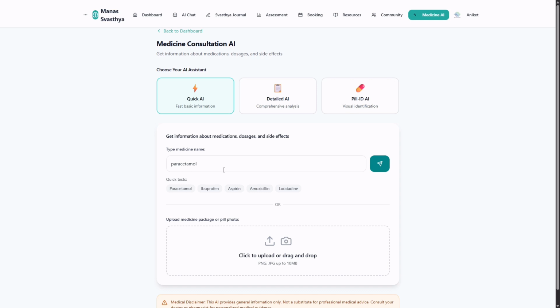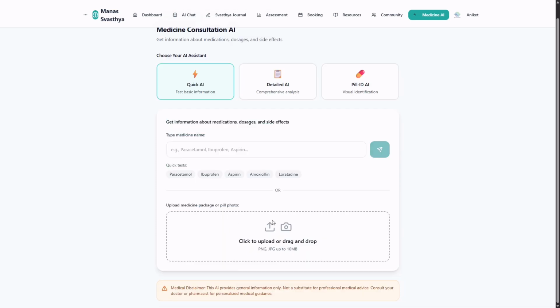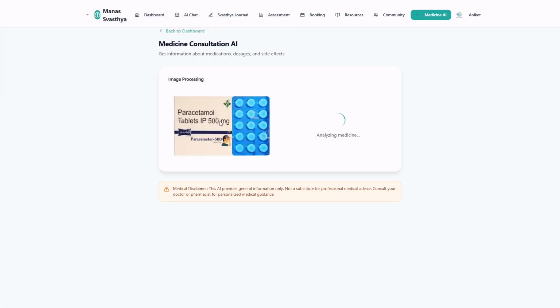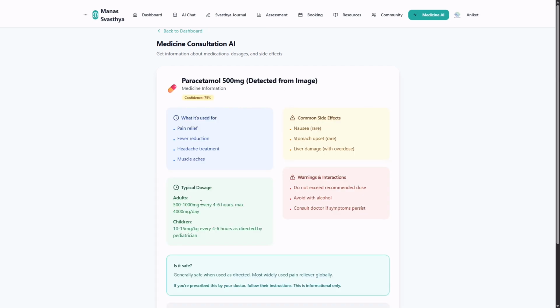So just to avoid this peer-to-peer consultation misery, we have designed a dedicated system to allow the students to search the medicine names and understand what it's used for, common side effects, typical dosages, and the warnings. Also, if the spellings are not correct, it would autocorrect. And also there is an uploading feature where they could upload a picture and the medicine would be auto detected. See, as you can see, the paracetamol is auto detected,